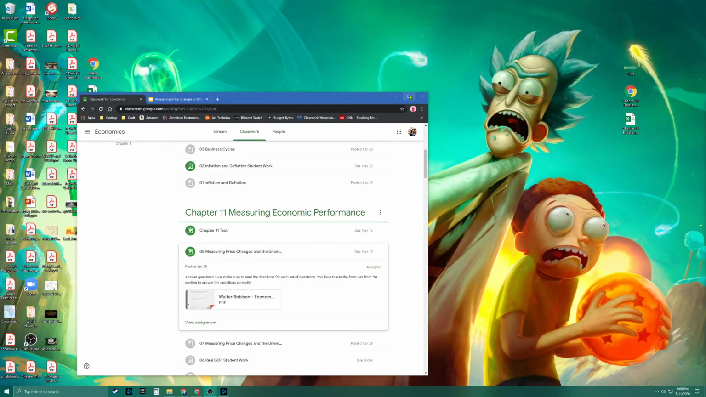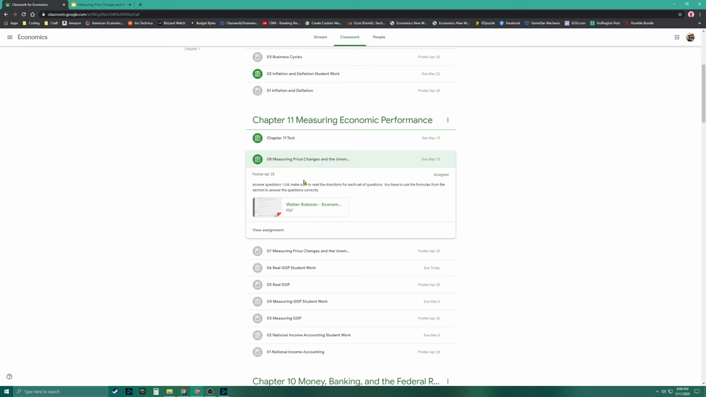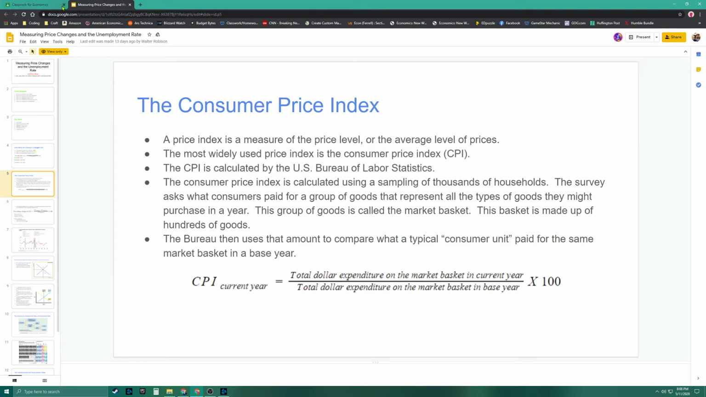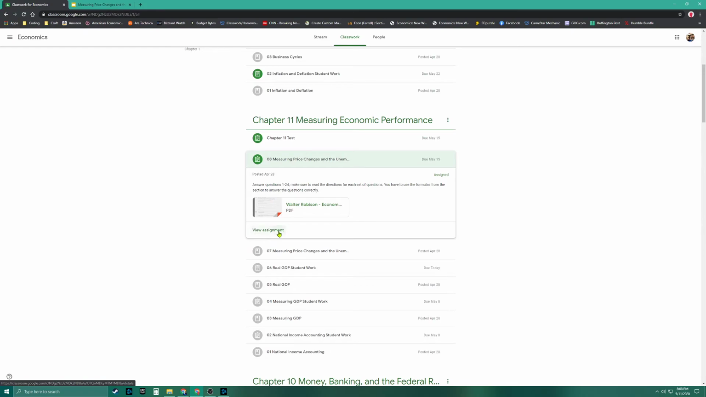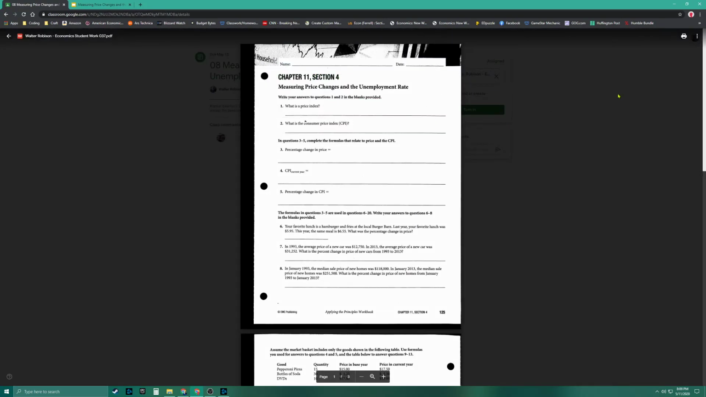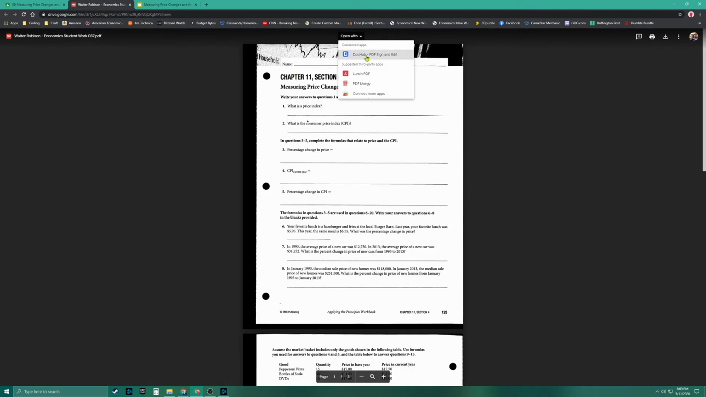Hi, so this is going to be the student work for measuring price changes in the unemployment rate. What I would recommend you do is make sure you have the presentation open, okay? And then I am going to be using DocHub. See how the PDF right here is blank, right? And then when I open it up in a new window, and then select DocHub as my app to make